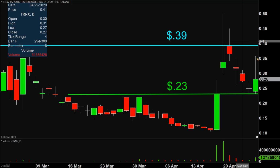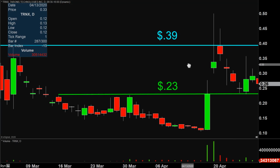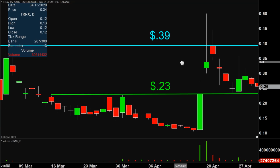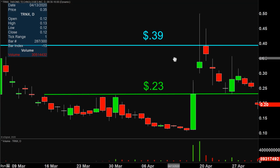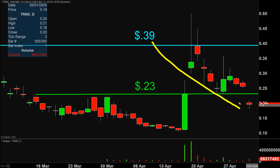But this all occurred in 2 days. And the cruel part, like I said, was it started to spike upwards. So you know that the people that got up here, all right, it's coming back, building up all sorts of hope. And then you can see just a cruel move right there. And then pulled back some more, then pulled back some more, and then got really cruel. And at the time of this video, went all the way down here, which from 39 to where it is right now,